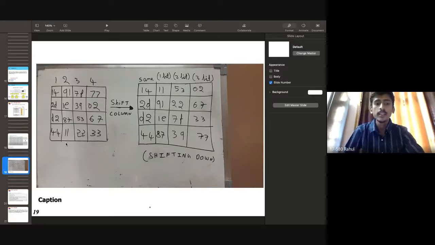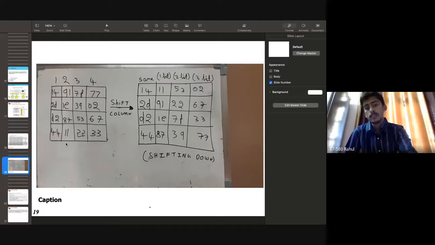You can see that 7f is in the first place, and in the next diagram 7f is in the third place. The fourth column should be shifted 3 bits down. You can see that 77 is first in the first row, but in the second one you can see it in the fourth position. So I have shifted 3 bits down.